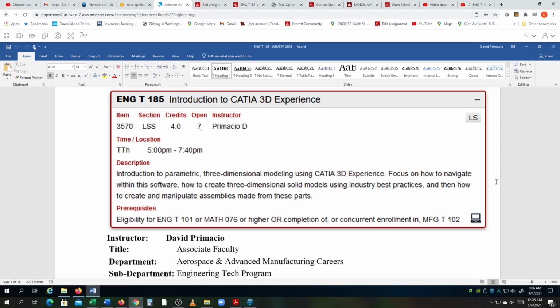If you are currently enrolled in ENG T 101, you have a math skill over 076, or you're taking manufacturing 102, all that concurrently, you're eligible for this class, or just the fact that you have enough computer skills that you're comfortable keeping up. If you feel you don't need the computer skills, I'd recommend either getting with Dale Galloway and kind of going over advice on what to do,